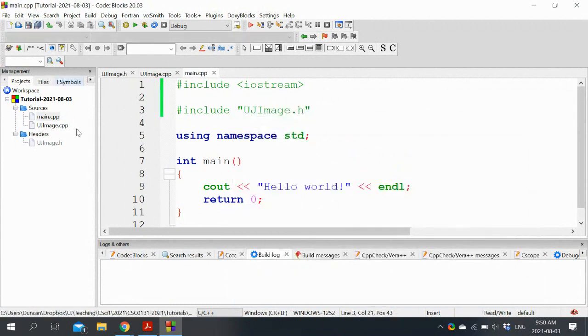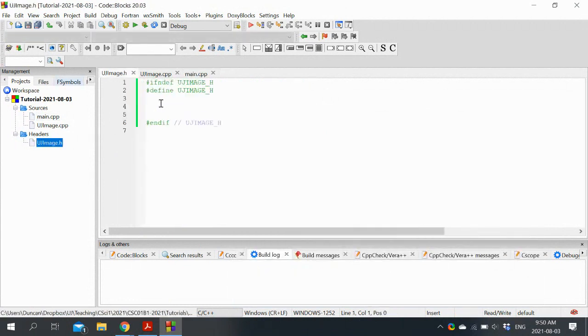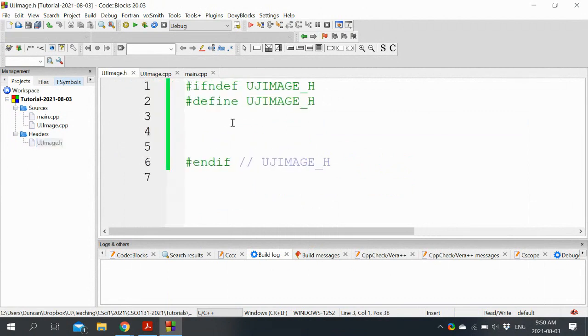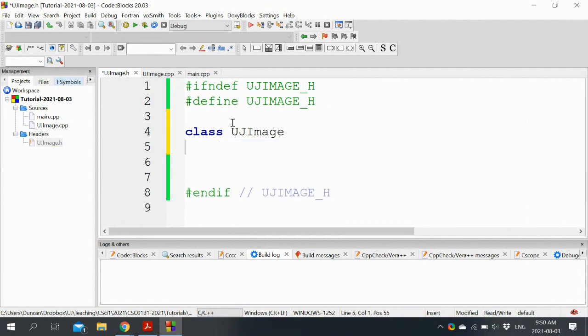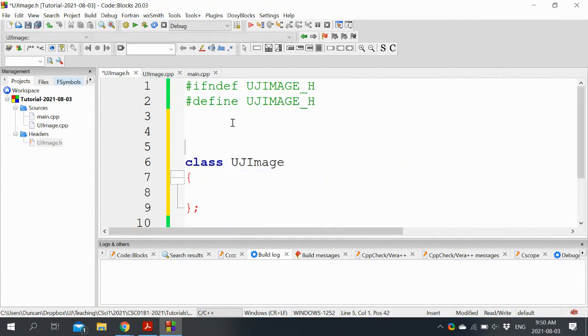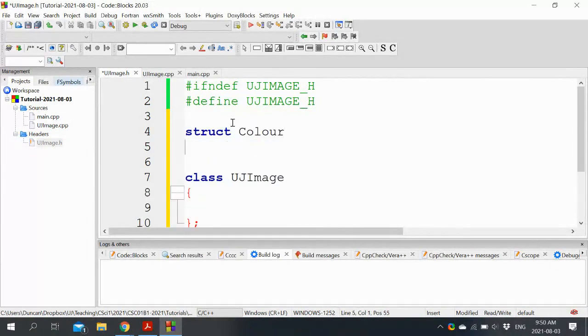All right, so nothing's difficult about this. We're going to create our class for UJ image. It's going to be, once more, a wrapper around structures. These structures will be color structures, red, green, and blue. But what we're going to do slightly differently this time is convert not to PPM, the color format.